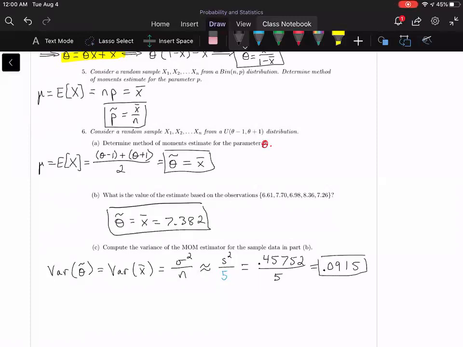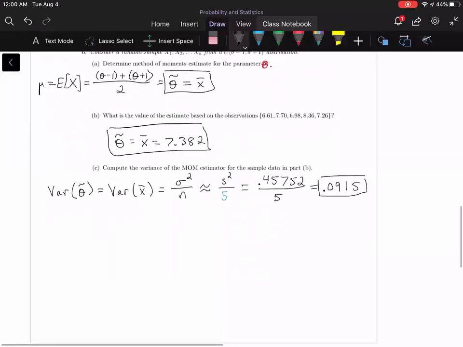So this is a measure of the accuracy. It's the variability in the estimator. And so you could think of what we did with confidence intervals. We have a measure of the error of this estimate. We have the estimator itself. So even though we got a value of 7.382, you could think of we are 95% confident